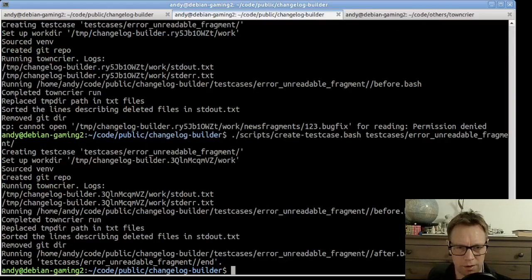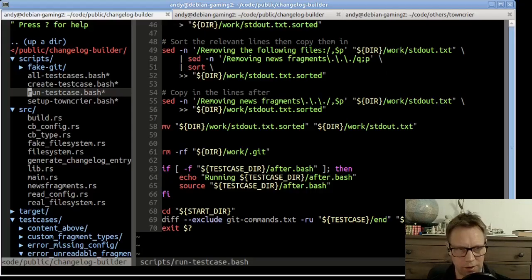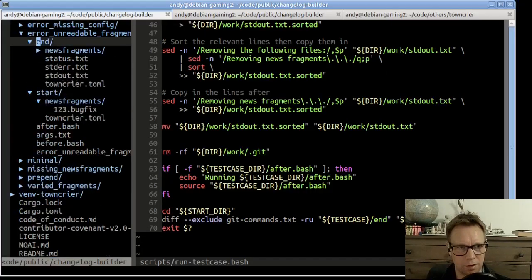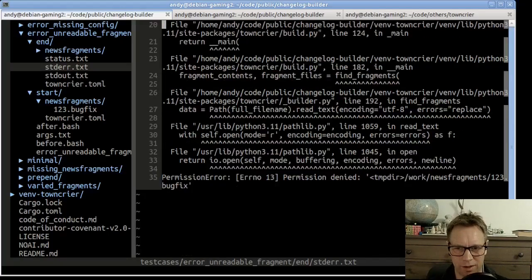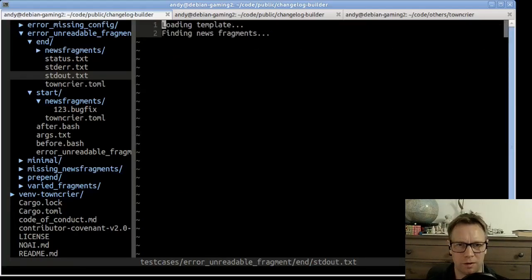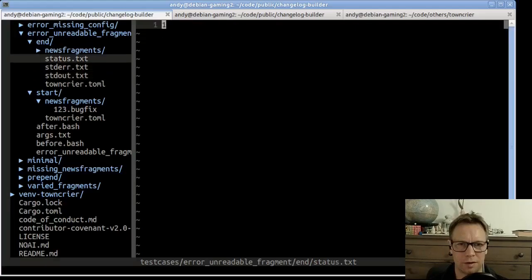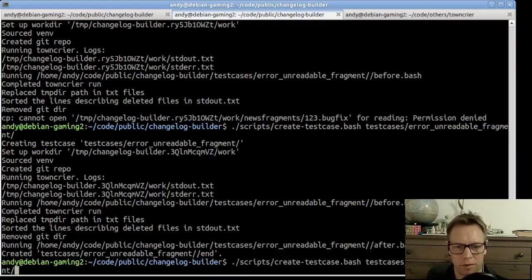Try creating a test case again. Okay, that ran and completed creating a test case. So if we look at the end state, there is no news file in this case. Oh gosh. Towncrier failed with a terrible error message, but it does print permission denied blah, which I guess gives us what we need, but we can't recreate that behavior. So it does print some stuff out into standard out. Its status was 1 again, so we're okay with our status, which is likely to be 1, 2, I should think. So if we run this test,